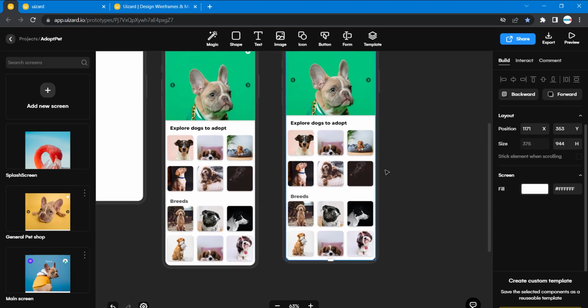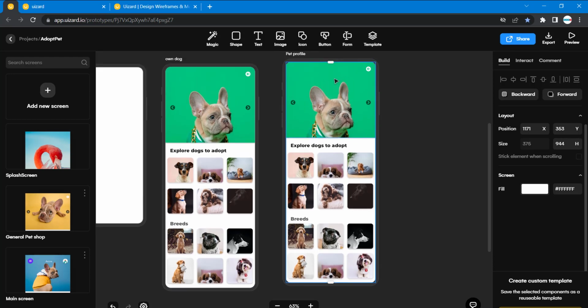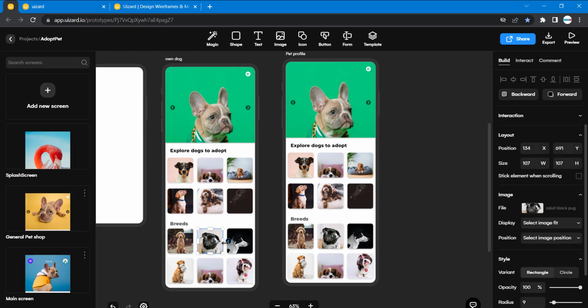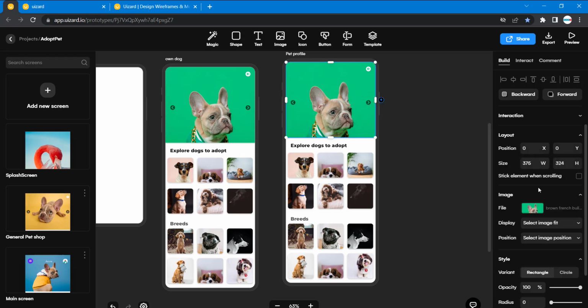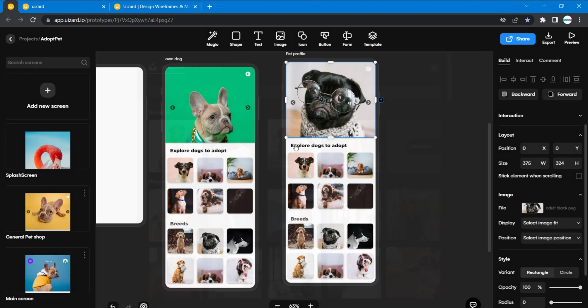So when the user selects this particular image, you can use any of the images here. But let's say I like this image. So let's say when the user selects this, we want this image to change. Okay. So let me just do the linking. So I'm going to link it. Okay. And I'm going to change this image to the dog, so this particular dog. Okay,